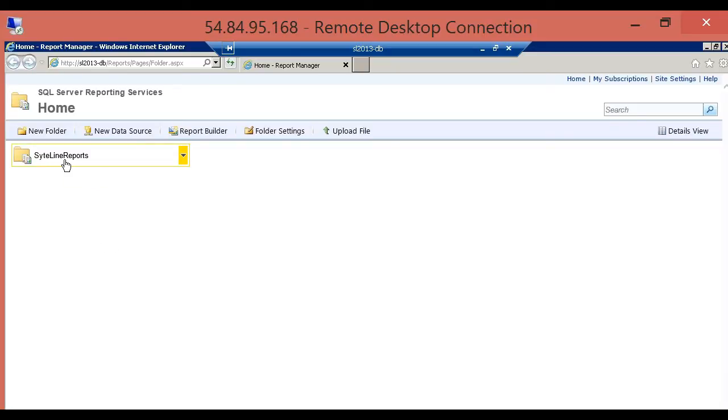Here's your SyteLine reports. Now, if you remember, when we looked at the properties on our project, I said you needed to fill in SyteLine reports. Now, that's assuming that you take the default name when you're setting the report server up, and this would be the default name that you would use. If you make it something different, then basically it has to match whatever your report server is. So here's the folder. And what this web page actually is doing is looking right into the report server database. And it's pulling up a list of